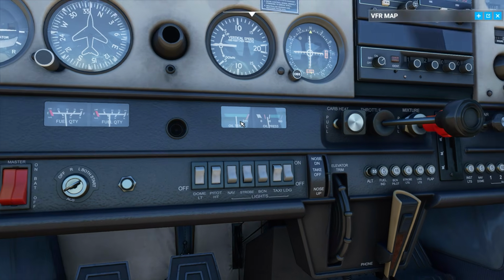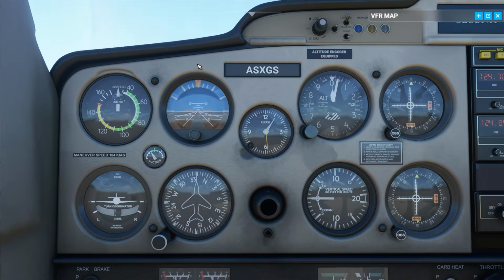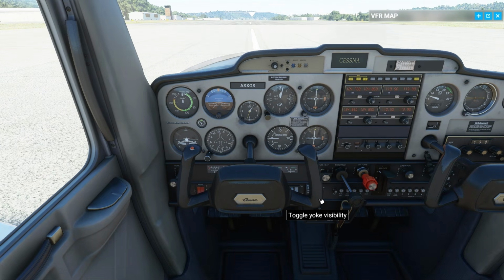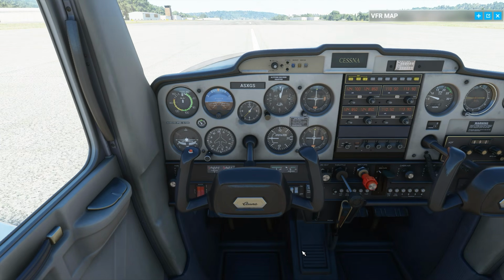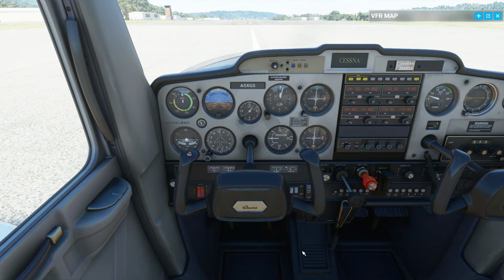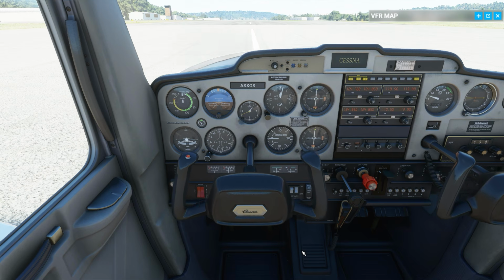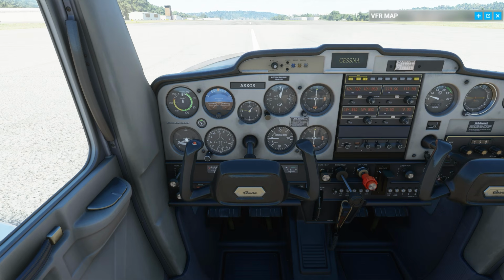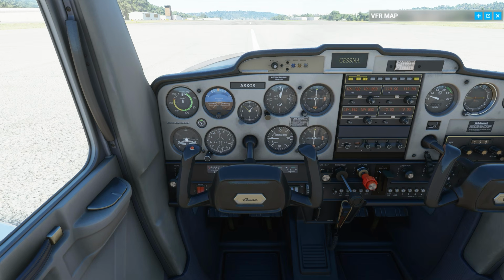So if we were to trim, let me get back into this position here. If we were to trim up, it's equivalent to us basically doing this and holding it in that position, in a back position, which causes the aircraft to climb. If we were to trim down, it's like pushing the stick forward. But what it does is it basically holds it in that position,